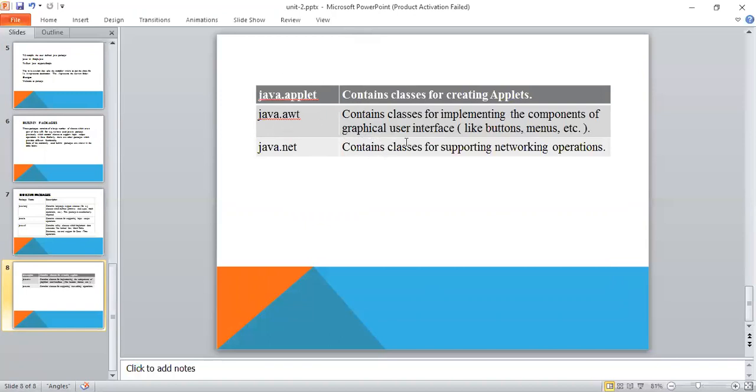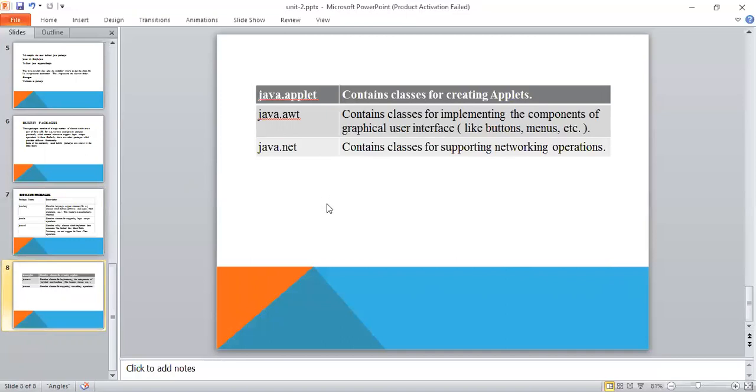To create any graphical user interface components like buttons, menus, lists, if you are using these components in your program, then we should import the java.awt package. Next, java.net contains classes for supporting network operations. To implement any network operations in the program, we need to import the java.net package.